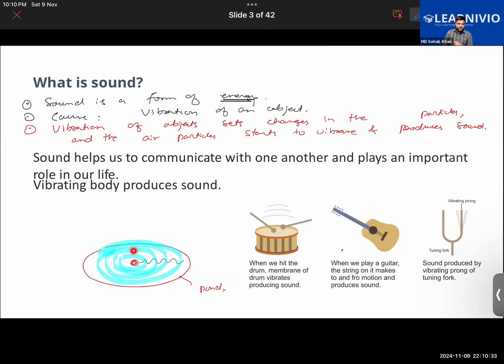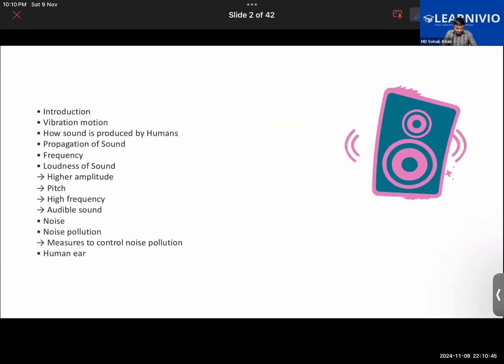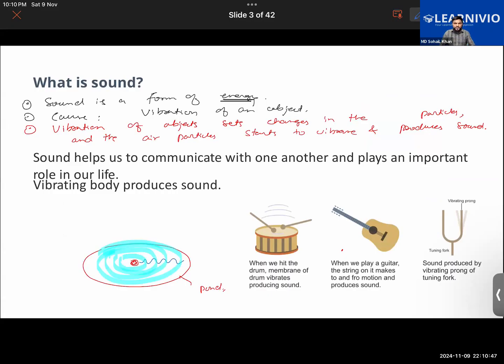So that energy, which basically what happened here, as you put a stone into it, as you have dropped a piece of the stone into the water body, it sets some ripples in the water body, and in the form of water ripples, the energy travels into the water body.